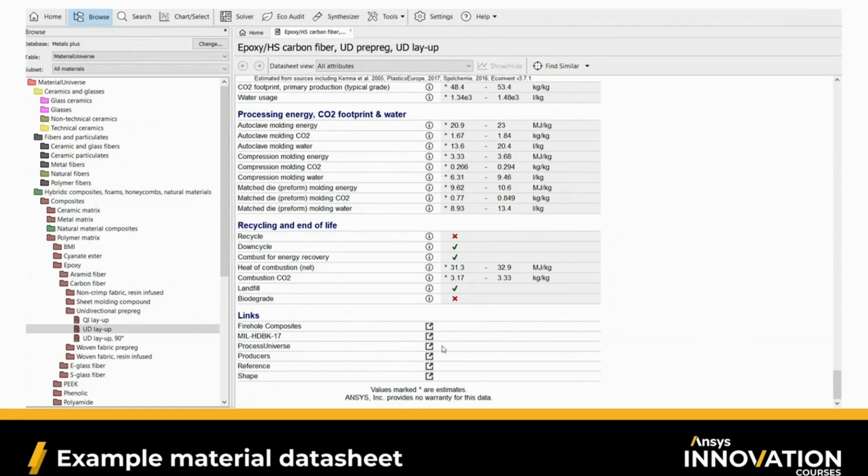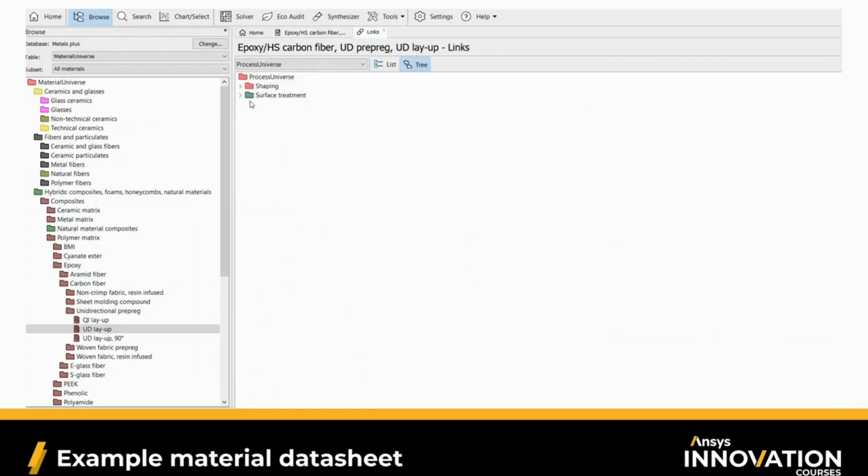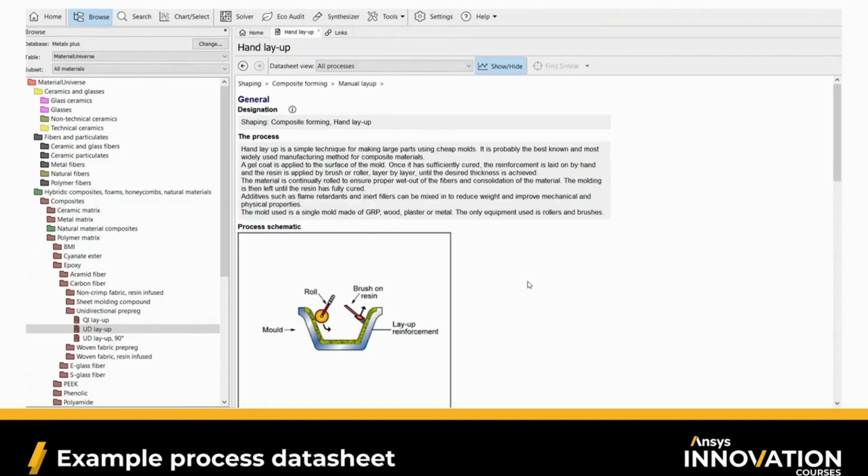So, for example, if I click on the Process Universe link, it would take me to all the processes that are compatible for shaping and surface treating of this material matrix, polymer matrix composite. So let's open up composite forming, for example, and go to the manual layup folder. And if we click on hand layup, it would show me the data sheet that we have for this manufacturing